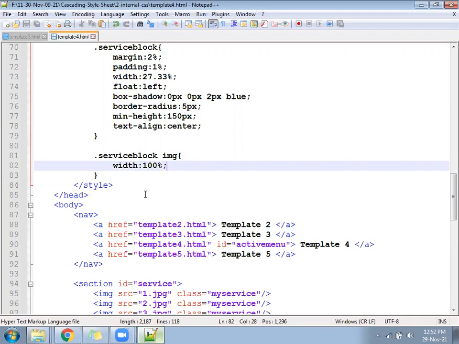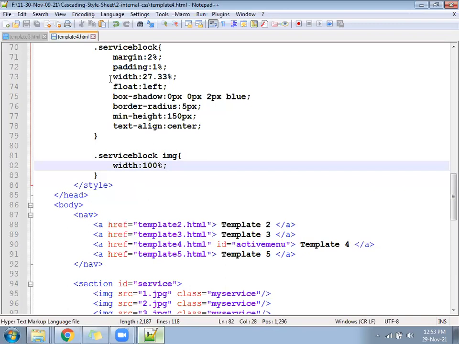According to width, the height is controlled. So you have written width 100%. What does 100% represent here? Yes, it is inside a box. If you write IMG and remove the service block and 100%, it will take the full width of the screen. But you are saying IMG is the child of service block, so you take 100% of your father. So the service image will take the full 100% width of whom? Service block.